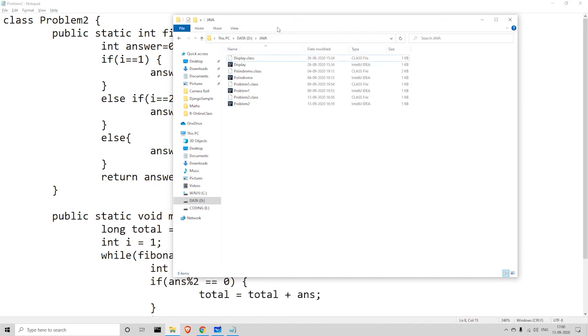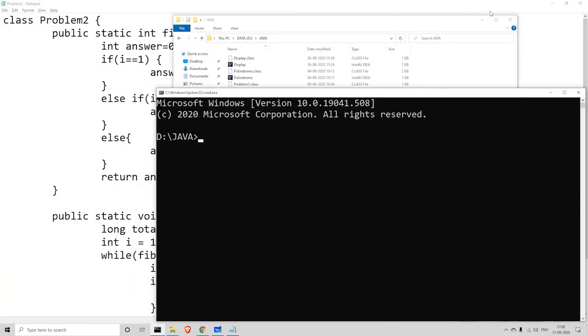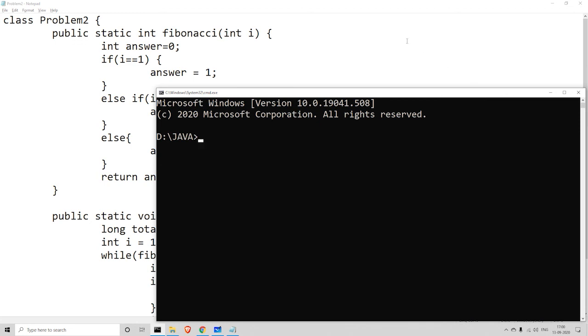Once this code is saved, I'll go to my folder and open the command prompt using the term cmd, and since this is called problem2, to compile it first I'll say javac problem2.java. I've compiled the bytecode and then I'll run java problem2. This is the int. I've stored it as a long. You can use int also.